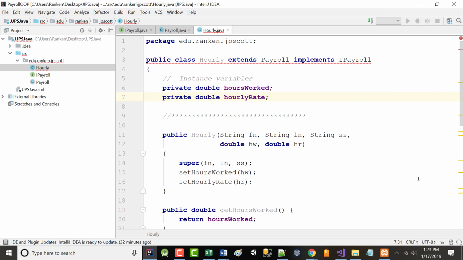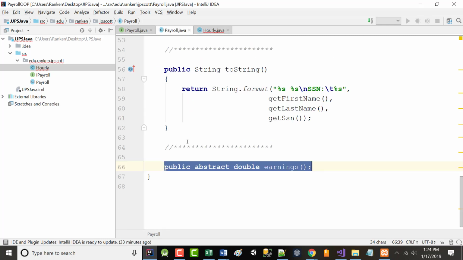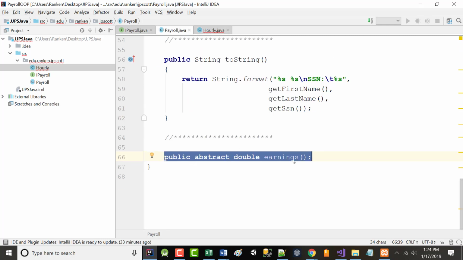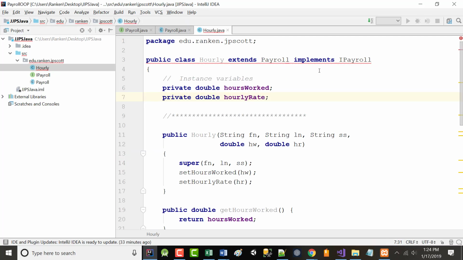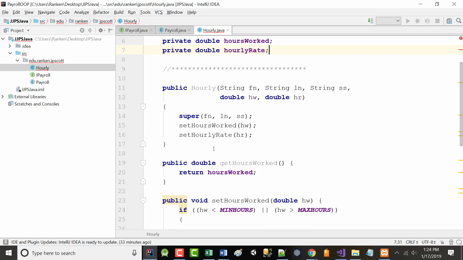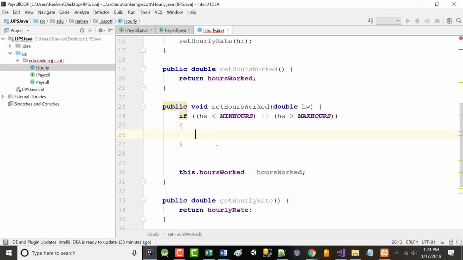But this is the first time you have seen this, where we've used extends, where we have created an interface file. Look on the screen if you would, please. Remember the last thing we put in here, this thing? See this? Earnings? The reason we're getting an error now in here is we haven't made an earnings method yet. We're going to in a minute. Give me 5 minutes and we'll have that error gone.